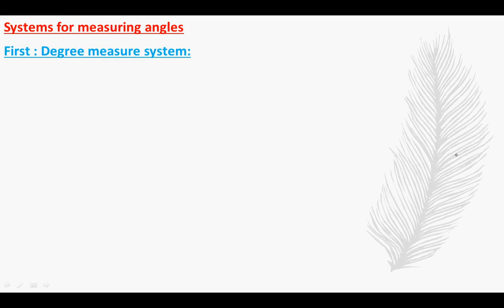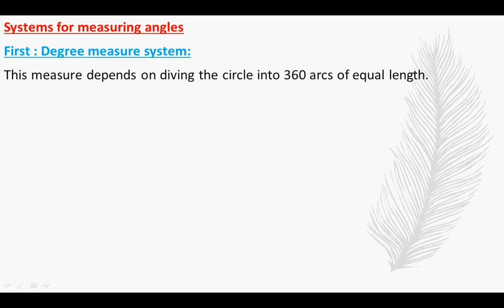First, the degree measure system. This measure depends on dividing the circle into 360 arcs of equal length. And we all know that 1 degree equals 60 minutes and 1 minute equals 60 seconds. Okay? For example,